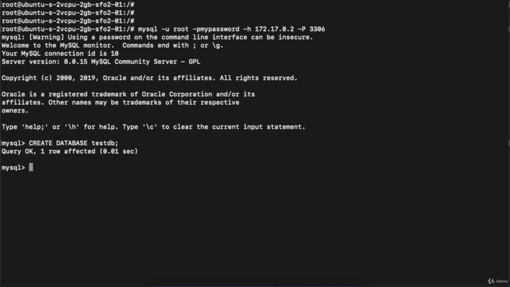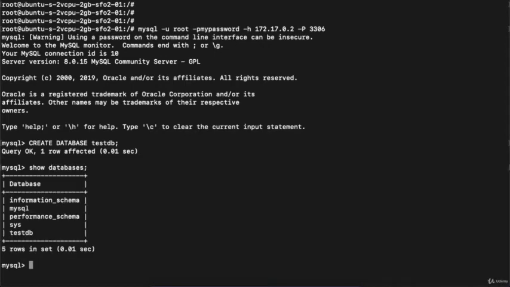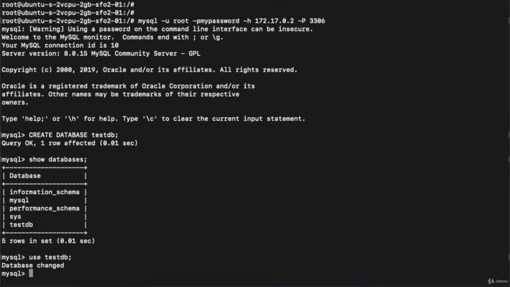If you want, you can show the databases with the command show databases. Then you can see we are getting all the databases present inside MySQL, and our newly created database is also present, which is testdb. Now to insert the data inside testdb, I need to switch to testdb first. So I will use the command use, then provide the DB name, testdb, semicolon, hit enter. Now you can see we got the message Database changed. Right now I'm using the database testdb.